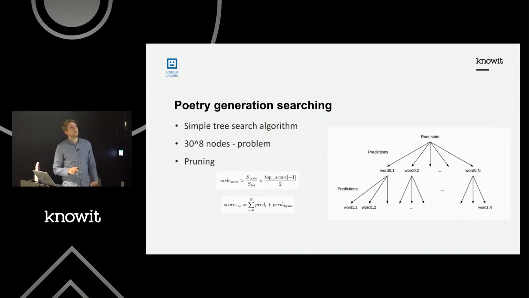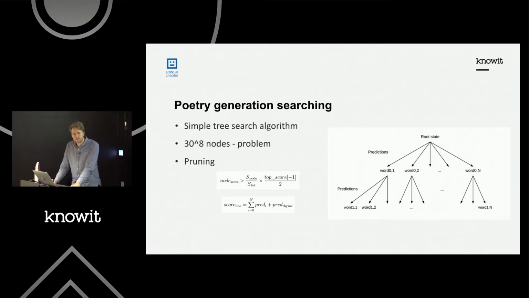And then these ones are going to have values. The arrows are going to have values connected to them, so that word 0.1 plus word 1.1 is then the score after two words, right? This is going to be score X, and then word 0.1, word 1.2 is going to be score Y, and so on. And then I could score how good each sentence is.